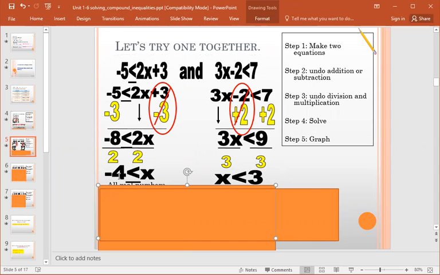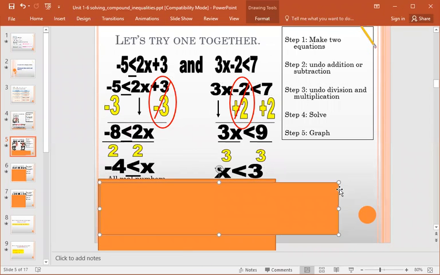So I now have -4 is less than or equal to x, and I also have x is less than 3. Now it had the word "and," so I know that my answer, the variable x, is between these two numbers. So when I go to graph,